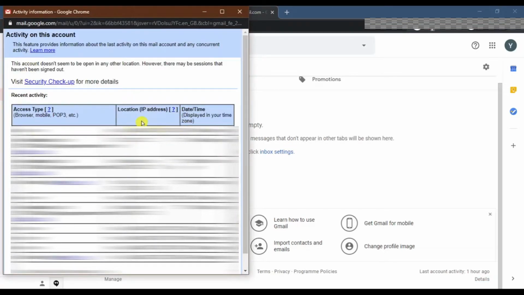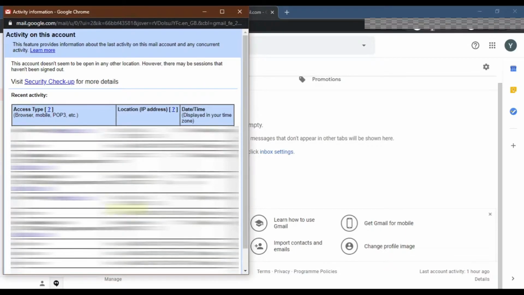When I click over here, it shows me all the activities. You can see which activity I have accessed, from where I have accessed, and everything you can check over here. Right now I'm logged into only one location, so it's not showing me sign out from the other location. If you have any other location showing, then you will get a tab to sign out of all the other locations over here.